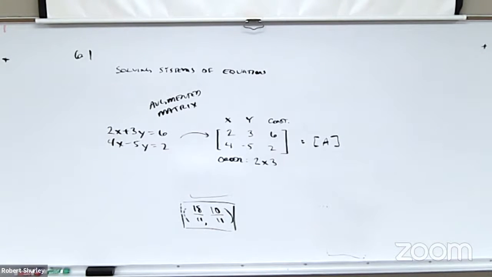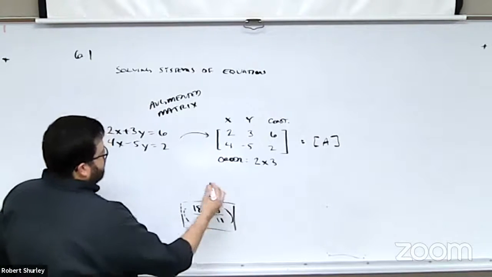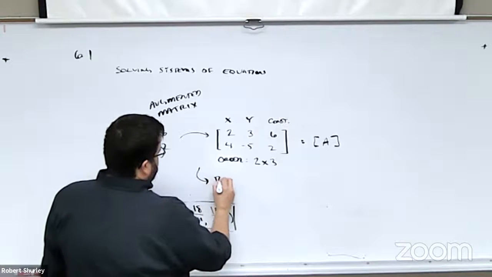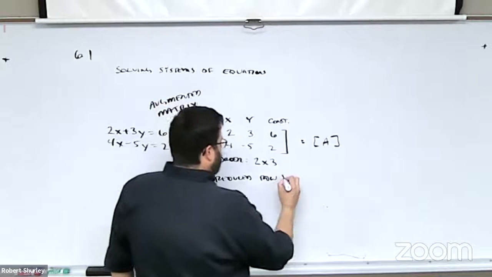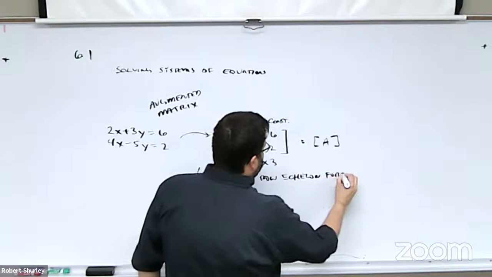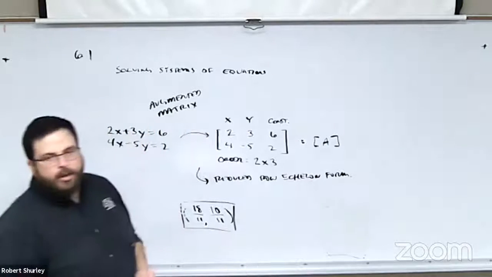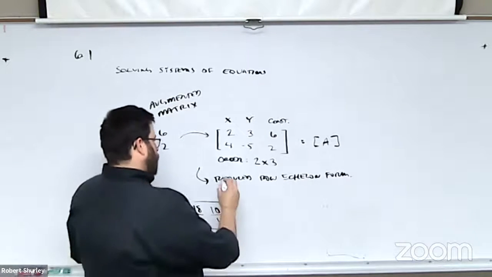And now what we're going to do is we're going to do some matrix math. And what we need is called reduced row echelon form. Let me write that. Remember, this is going to be our answer. So let's write this underneath here. Reduced row echelon form. And I know I haven't really talked about this, but what reduced row echelon form does is